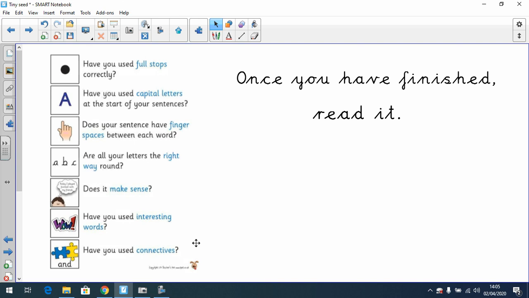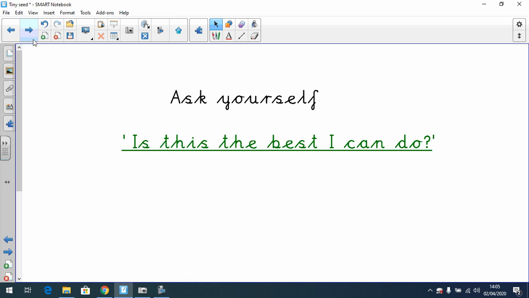Please use a checklist. Make sure you've got all of these things, and then you know that you're doing it right. And what I always say is, is this the best I can do? Make sure you ask yourself. If not, if you think actually I could do it better, go and do it. Edit it. Make sure you are handing in your